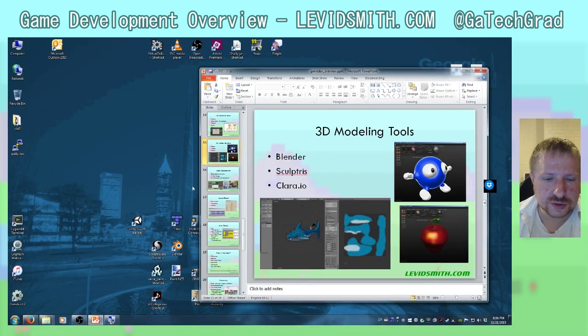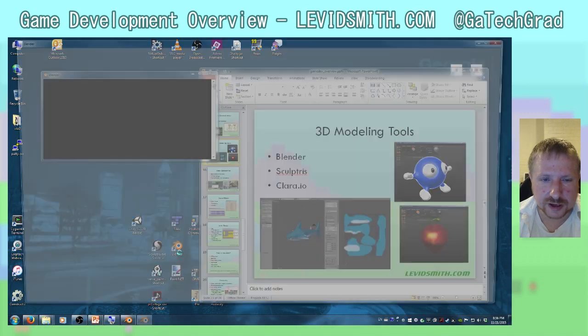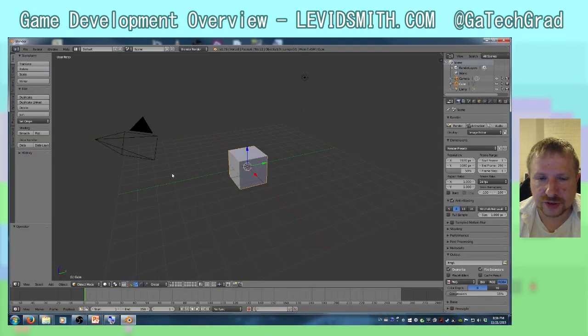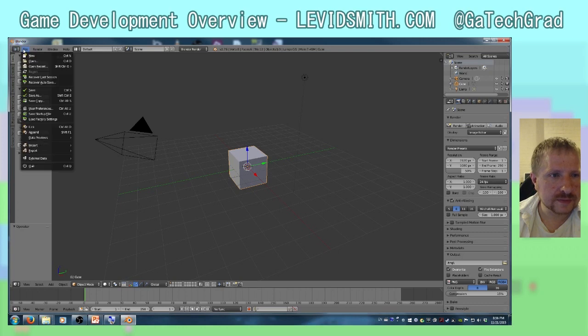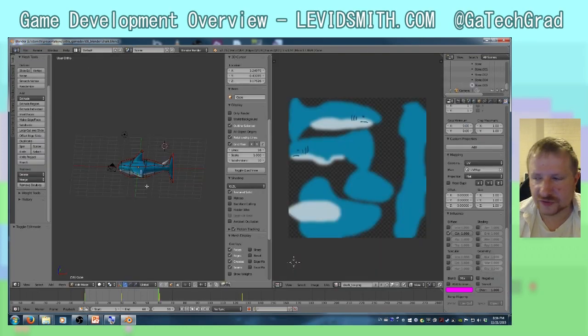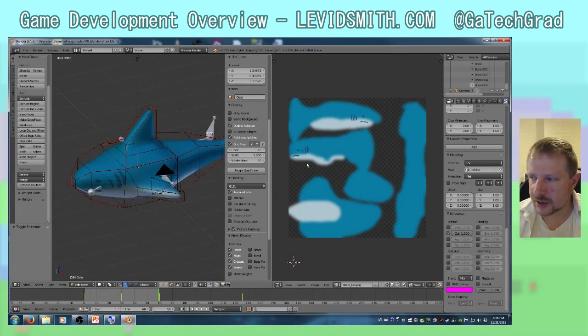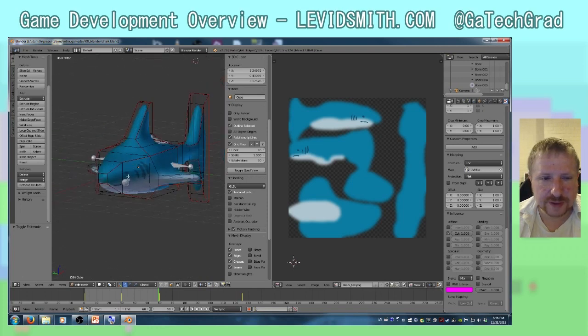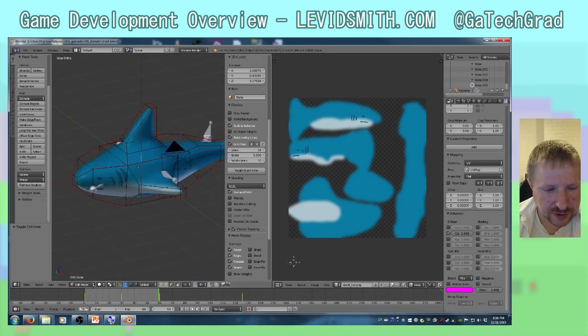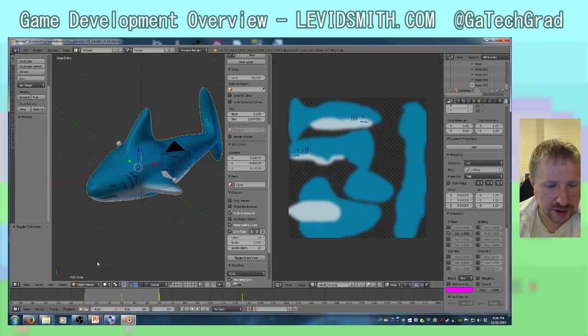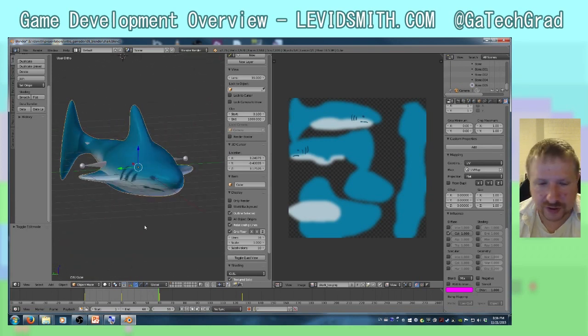And I'll show one of my models in Blender. This shark that I developed for a game. So on this one, you can see I have the model over here, and then I have the texture map over here. I won't go into the details of texture mapping, but you can also go into object mode. So you can see them right there,